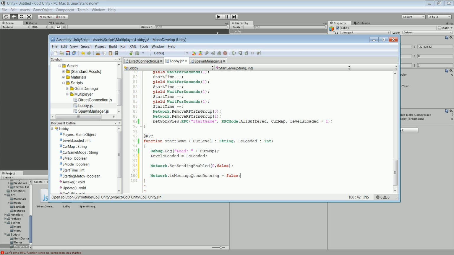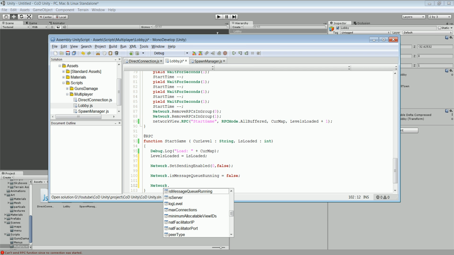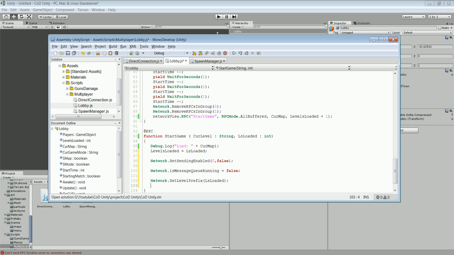Oh, this is pretty. And then network.SetLevelPrefs, and we have to do this to levels loaded, oh no, wait, yes, this is correct, to levels loaded. Now what do we have to do? Now we have to load the level,